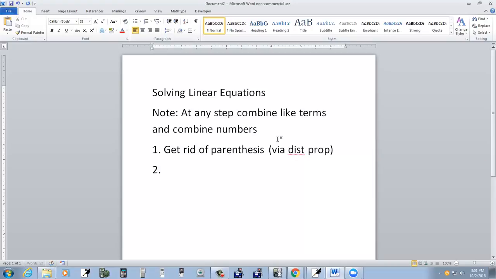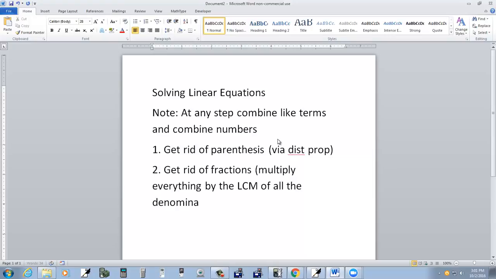Step 2, get rid of fractions. And we'll multiply everything by the LCM of all the denominators, least common multiple. Step 3, get everything